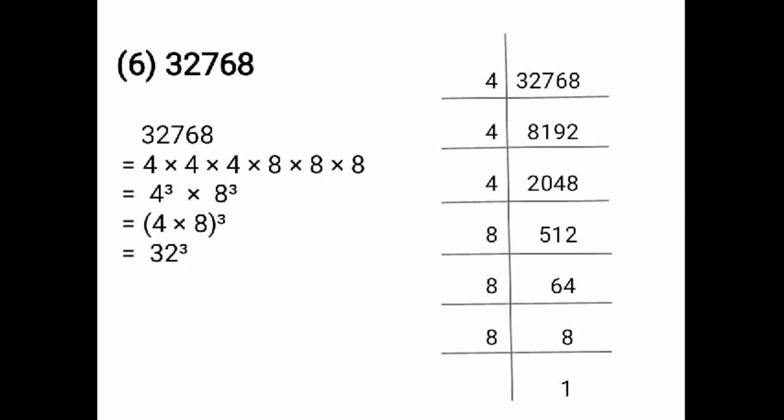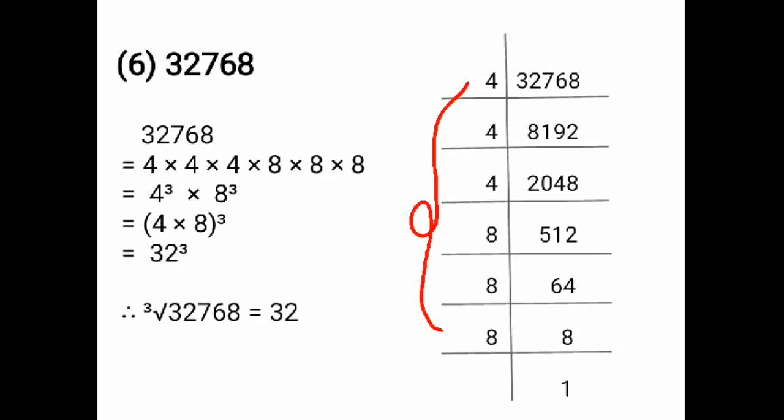Remove the cube now and write cube root. Cube root of 32,768 is equal to 32. If you take the 2 table for dividing this number 32,768, it will take you a long division method, and here there is no place, so that's why I take 4 and 8. I'll show you once again the cube of the number table.